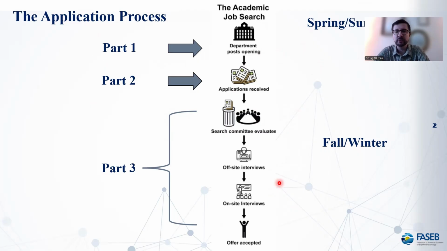When academic jobs are released, commonly, at least in the United States, positions can be advertised year-round, but the cycle typically starts each year, new calendar year, spring and summer, when departments have finalized their budgets for the next year and will update and release new positions starting even in January or February. Applications are typically due sometime in the summer, oftentimes in the late or early fall. And then throughout the fall and winter will be the different interviews.